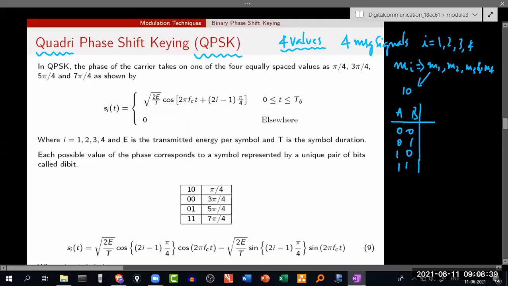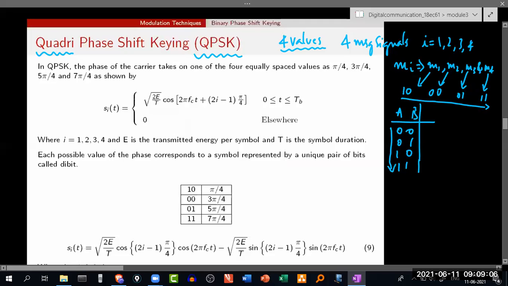So likewise here, because I'm having 4 message signals, 4 message signals can be uniquely written just by using 2 bits. So this message m2 can be thought of as equal to 0 0, m3 as equal to 0 1, m4 as equal to 1 1. And you might be wondering why we have gone for this sort of order. Why not this sort of order?